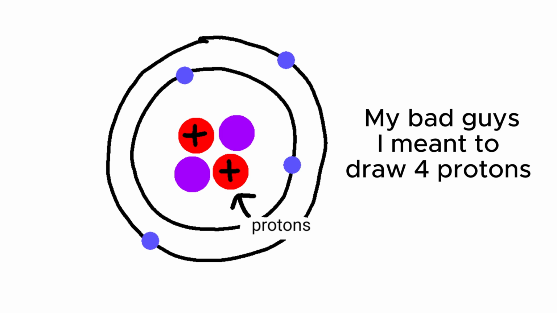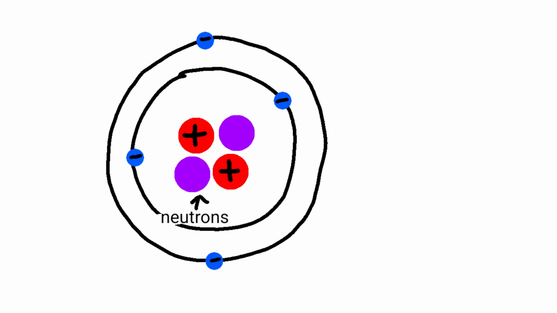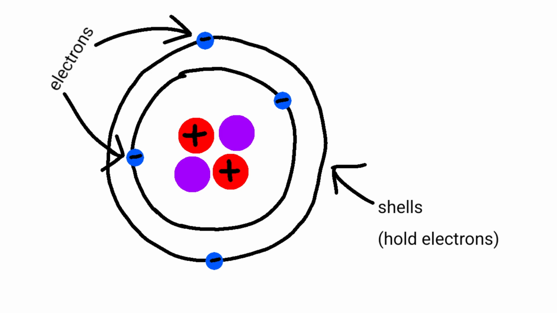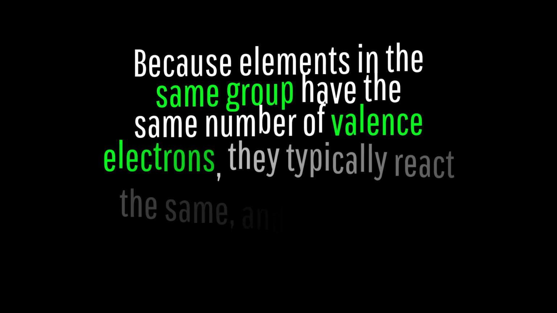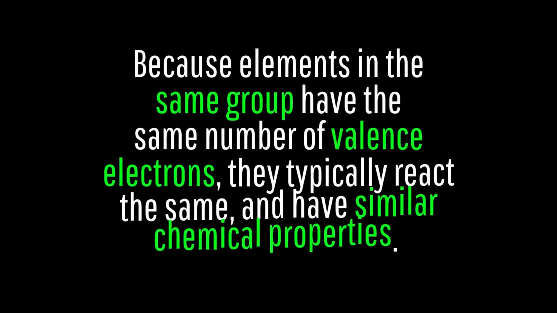Well, each atom on the periodic table has positively charged protons and neutrally charged neutrons in its nucleus, which is the center of the atom. Surrounding the nucleus is a cloud of electrons, which are negatively charged and placed into shells, which orbit the nucleus. Valence electrons are on the outermost shell of an atom, and they basically determine how an atom reacts with other elements. Because elements in the same group have the same number of valence electrons, they typically react the same and